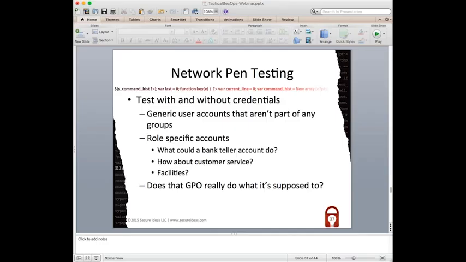We want to go ahead and do this testing without credentials. We want to do it with credentials with varying roles. It doesn't make sense to use, obviously, an admin account for that. But if I'm working at a bank, let's see what a bank teller account can do. They should have limited access. Only these functions or